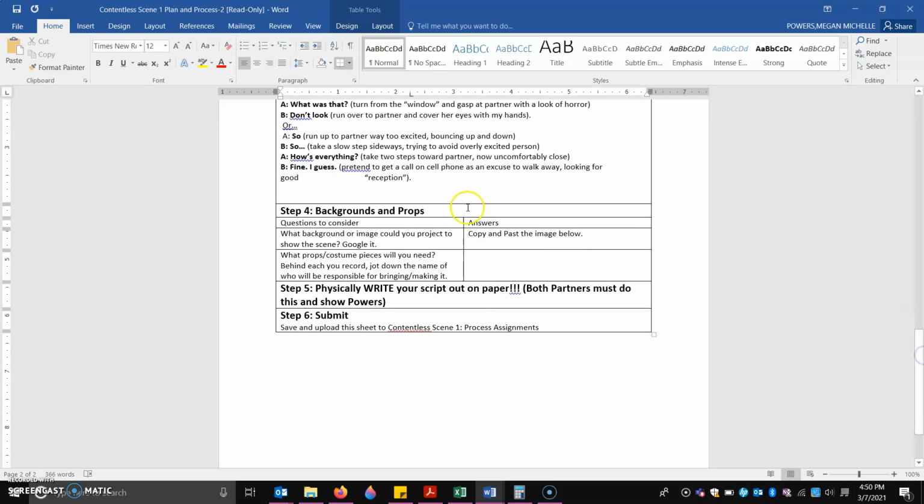Here's step 4. You're going to come up with a background. We will be presenting these in the classroom, and I'm going to be using the projecting board that I never use, where I can go through and project an image to show people where this is taking place. You can also be very deliberate and make signs to show where you are, what props are.